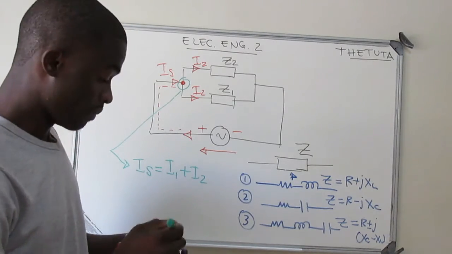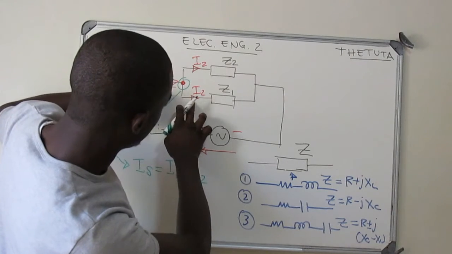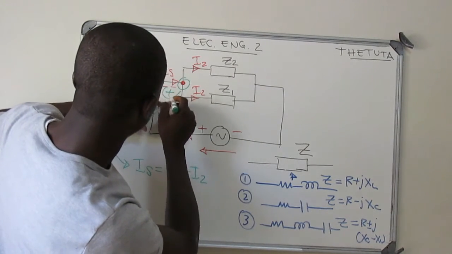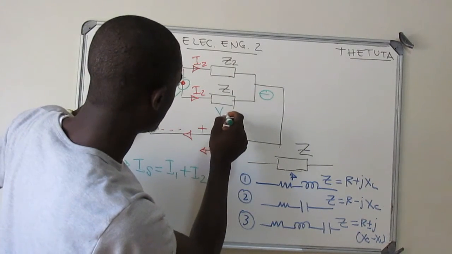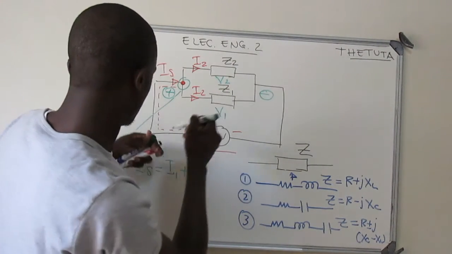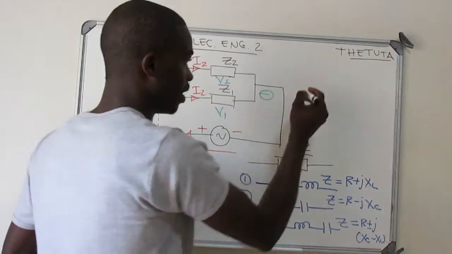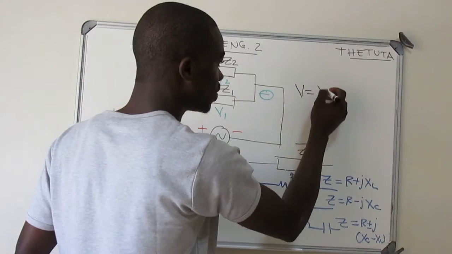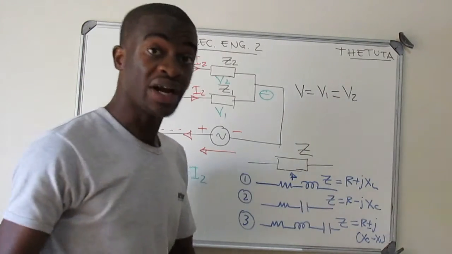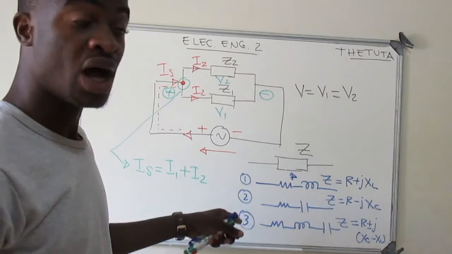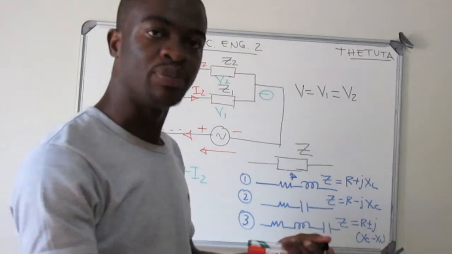Okay? But look here. After this current splits in two, okay? If you have a positive leg here and then you have a negative leg here, what you realize is that you're going to have a voltage drop here, V1 and V2, okay? But now, what happens is that the supplier voltage is going to be equal to what? V1 is going to be equal to V2, okay? In a parallel circuit, the voltage is the same across all the components, but the current is different. So that's what you need to keep in mind, okay?